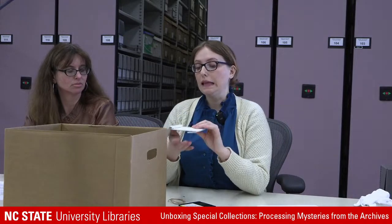And then there is actually a sheet of paper wrapped around this one. I don't know if that's related to the disc, but it could be, and that could be helpful for us. So I think that's where a lot of the investigative work comes in with what we do. You can't find out what a disc really contains until it goes through born digital. Should it go through born digital, a lot of our digital forensics tools will give us that contextual information, which is really helpful for a processor. I was just going to add, this might be a little out of scope of what we're talking about, but